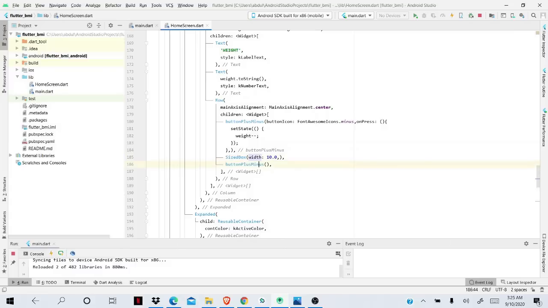And similarly in our plus button, the second ButtonPlusMinus, we want our button icon to be the plus,